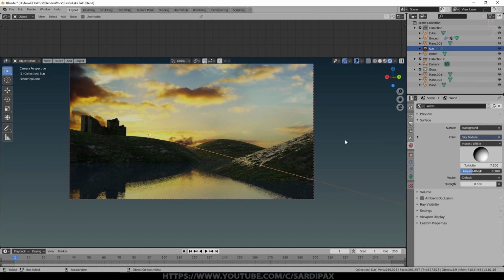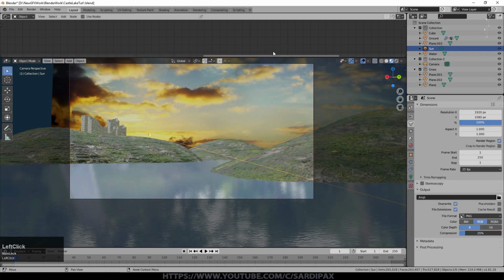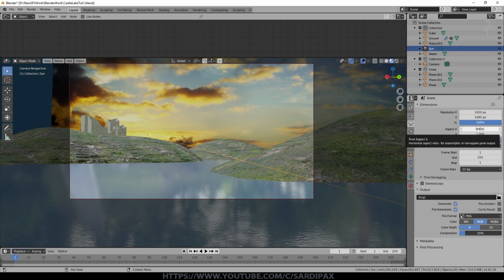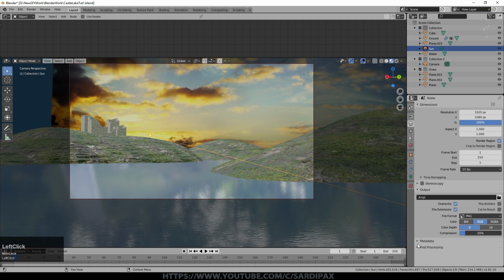So let's just go to the render settings at this point. We don't need RGBA, that's only needed if we want a transparent background. I'll stick with 1920 by 1080 at the moment. I rendered mine at that resolution, but at 300%, so it made an image that was much bigger than that. You can go with color depth of 8 or 16, generally 8 is fine. If you have a lot of problems with gradients in things like the sky causing anti-alias patterns to appear, then you can add some dithering down here, but most of the time that's not needed.